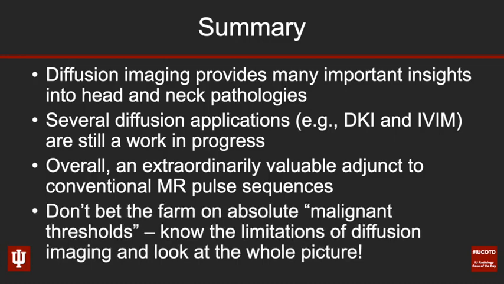I would exert one word of caution, and that's to not bet the farm counting on these absolute, quote-unquote, malignant thresholds that have been reported in the literature. Just know that there is variability in mean ADCs if you do it on a quantitative basis, and just know that there are some limitations, and you have to look at all of the other pulse sequences and take it all together as one big picture to help determine whether or not you're dealing with a malignant mass or a